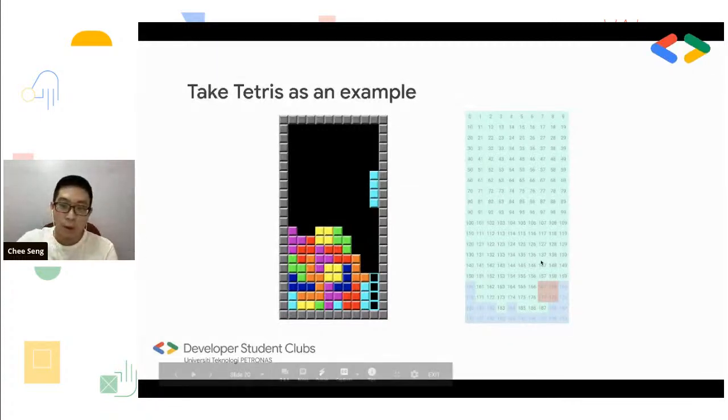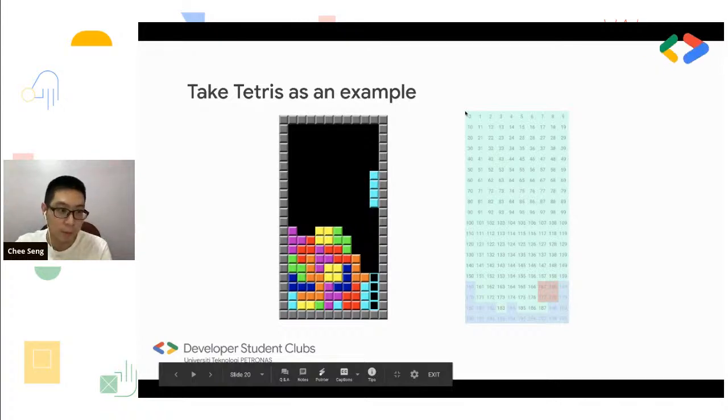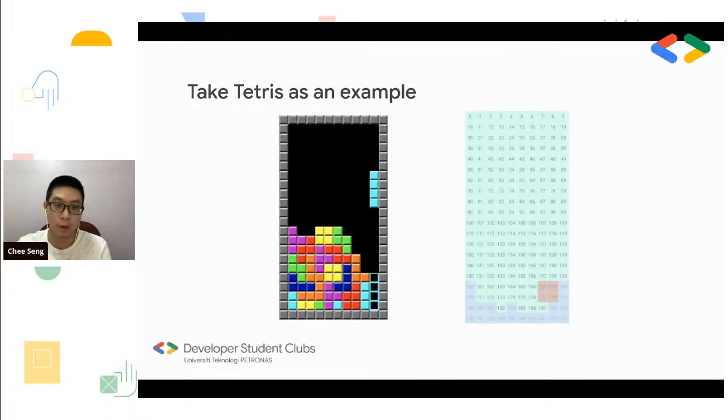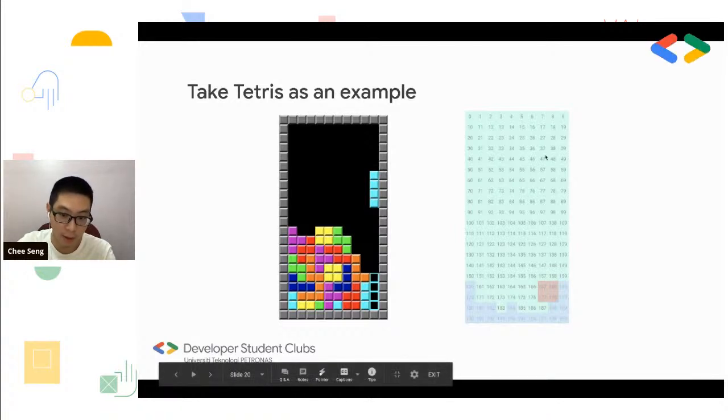Now, this enables you to think from an engineer's perspective instead of a designer's. How do you make each block go from top to bottom, and how does it work? In this case, for example, how this red block comes to the bottom is basically basic arithmetic, basic mathematics. It's like this block plus 10, plus 10, plus 10, plus 10, and it updates.